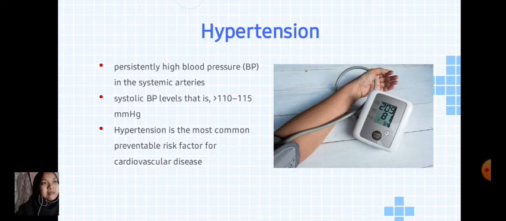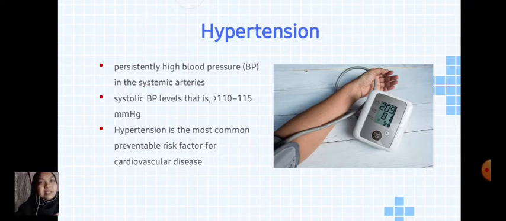The blood pressure thresholds that define hypertension depend on the measurement methods, and systolic blood pressure levels, that is over 110 until